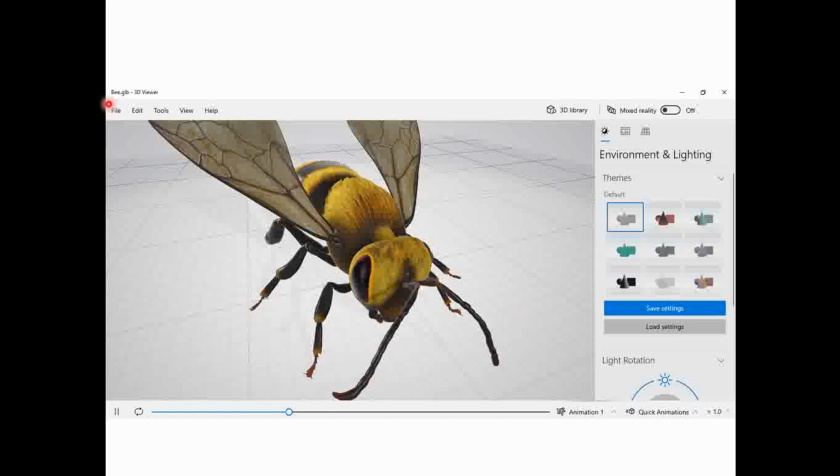Here you can observe the basic functions are there: file, edit, tool, view, help. These are somewhat common in both, but one more option is available which is common in both, 3D viewer and Paint 3D, that is 3D library. With the help of that we can import the images, we can import the things as per the requirement. Then in 3D viewer an additional and unique feature is there, that is mixed reality, which